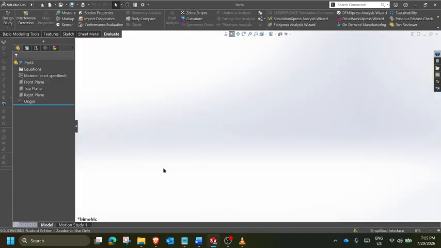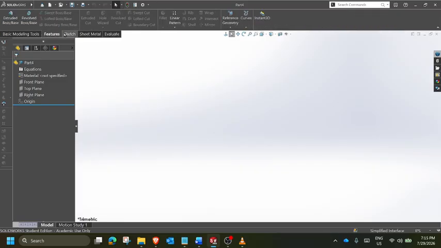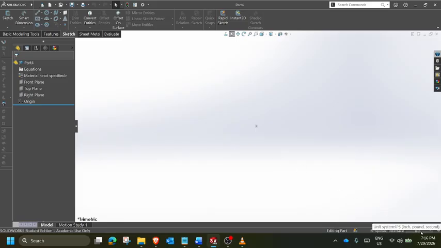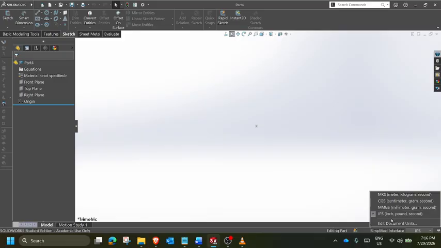And you're greeted with this, a white screen, all the options that you can do over here on the top: modeling, features, sketches, and other things that you add, and your feature manager down the side. In your feature manager, you have your three principal planes and your point of origin. Over here, you have your units of measurement that you are using, currently set to inch, pounds, and seconds. Let's switch it to